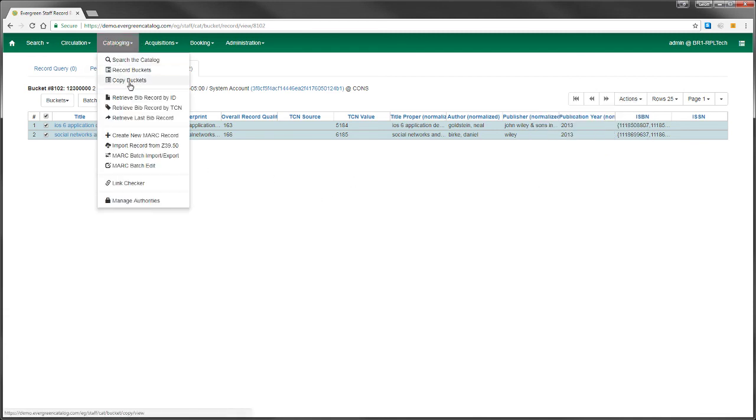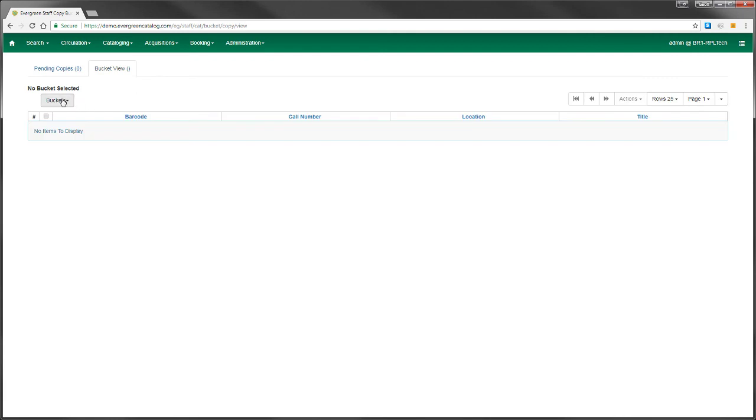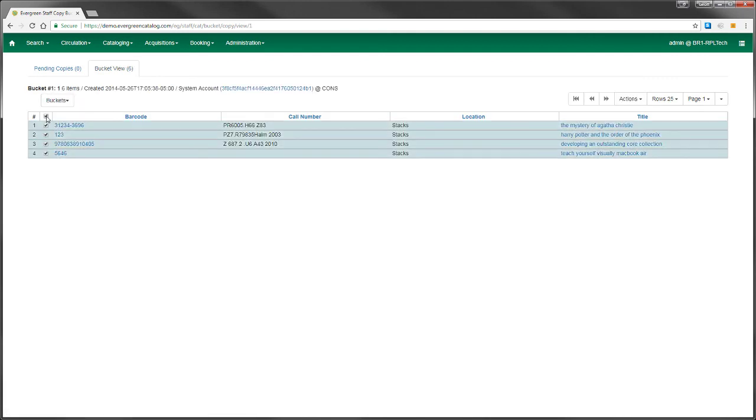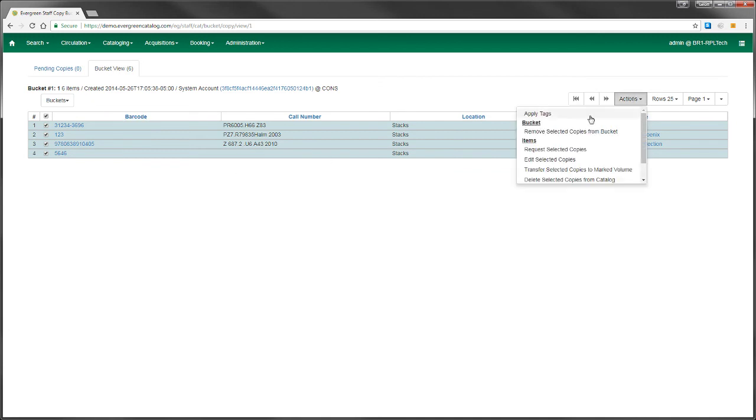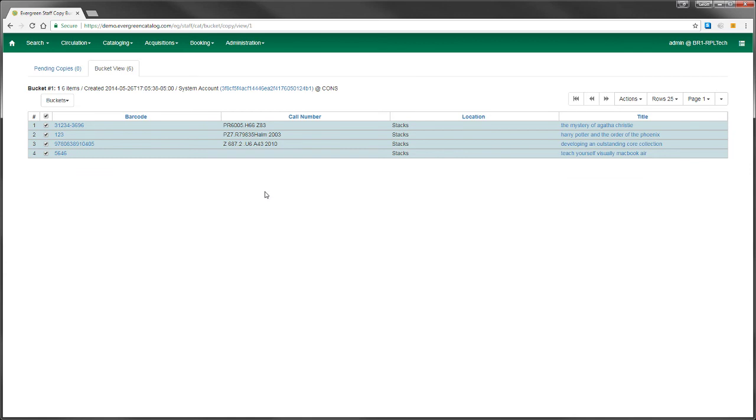The same thing is true for the copy buckets. You have the buckets list here. Selecting one of the buckets will give you the ability to start applying different statuses and making various changes to those items with the action menu on the right hand side. But otherwise, it's exactly the same as what we have in the current staff client, just with a new feel and probably a little bit faster. Along with that,